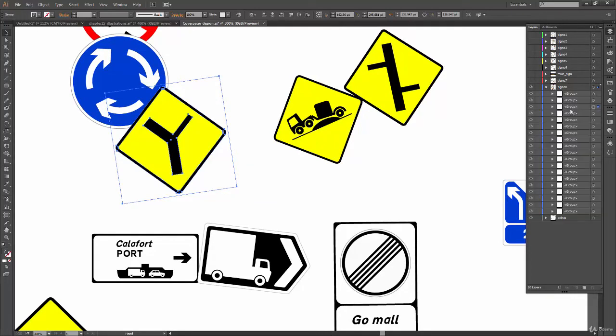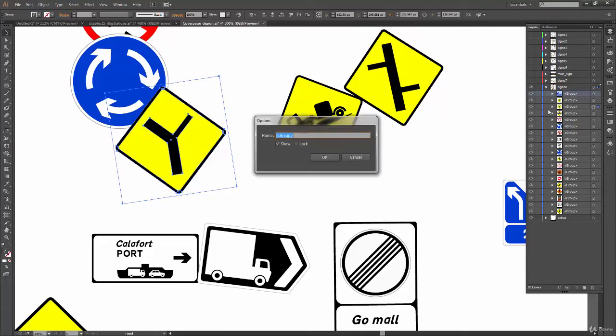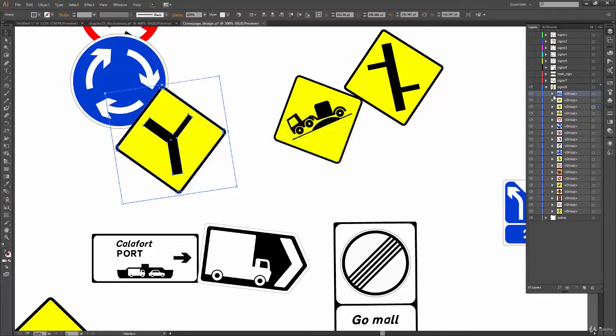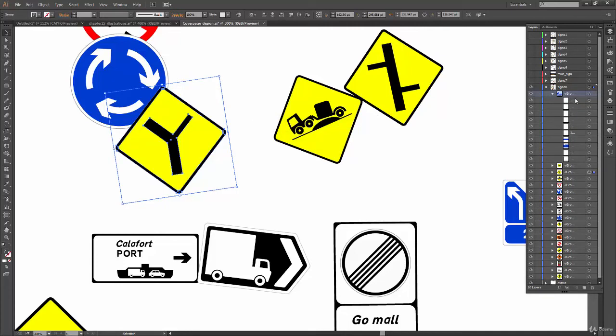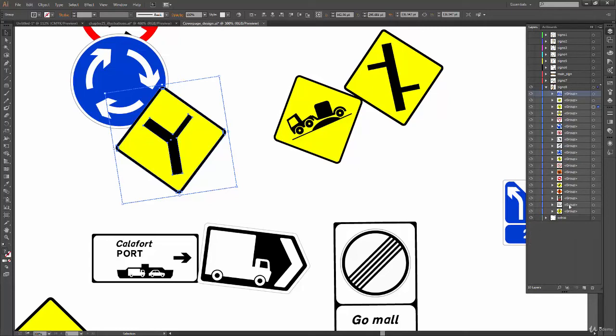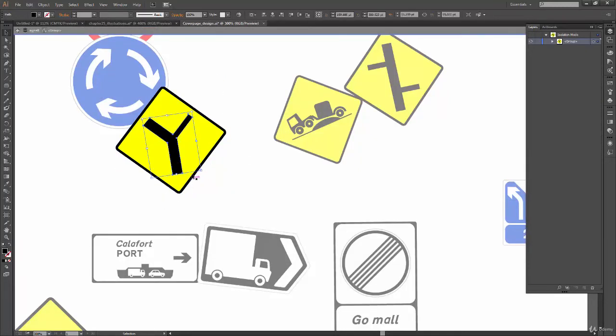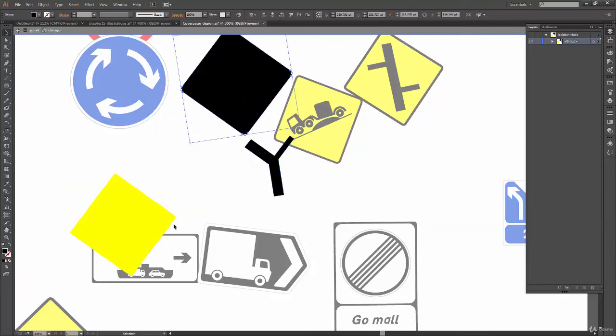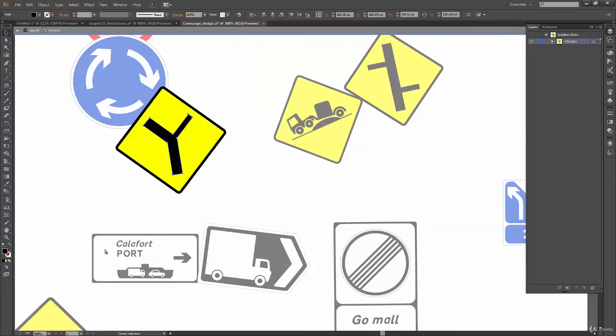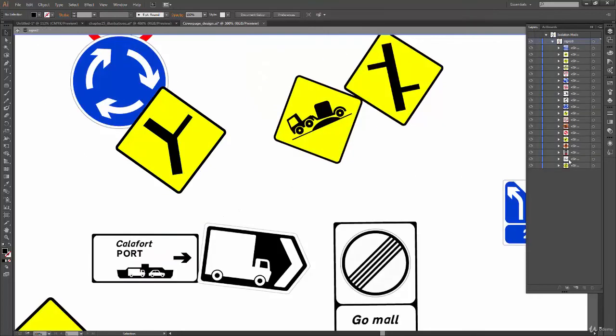So you can open it and close it. This is how you can see what all is present in the layer, and if you want to edit it, you can double click on this one. No, you can actually just click on this arrow again to go into more detail about what shapes we have inside this group. These are actually groups. As you can see, the name itself says group, group, group. So I have grouped all these signs, and when I double click on this, I can go inside the group and change things the way I want. That's why it is showing all these group names here.